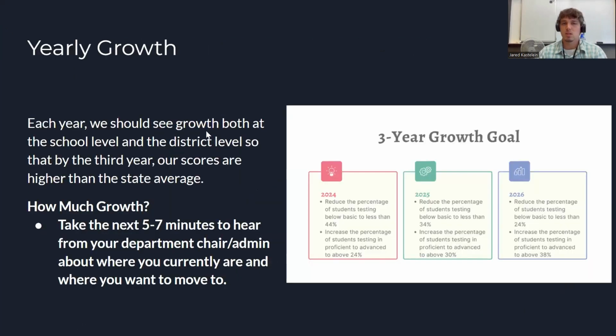Yearly growth. This is a spot where I think I missed a chance earlier for you to talk to your group, so sorry about that. But this is a spot where you can talk with your team if you're meeting with your team. What does it look like at your school? What's your current data? What are your goals going to be? I gave out some suggested ones, but I already know that a lot of your schools have goals already, so I didn't want to add a second goal. So this might be, okay, we're sticking with our same goal. But now with the data Castline's brought in and with this focus of what we're driving towards, we can double down and really use this for major impact.